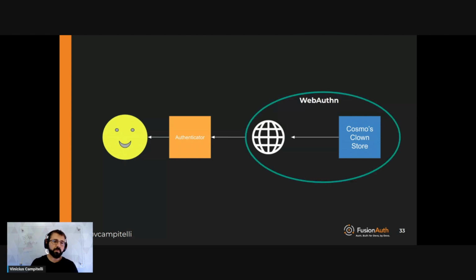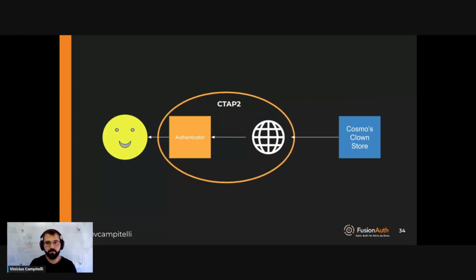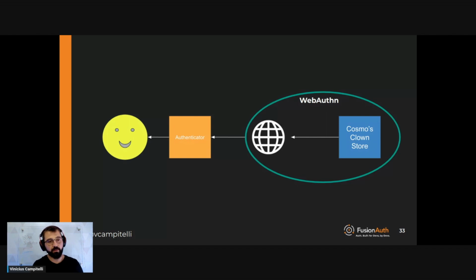So WebAuthn is all about this part, the browser and your app communicating with each other. WebAuthn is just about that. And CTAP is the other part of this diagram, right? CTAP is about the protocol between the browser and the authenticator. Actually, CTAP is an acronym for Client to Authenticator Protocol. So pretty straightforward, right? They just say what they do. So we do have these two protocols that go alongside each other,